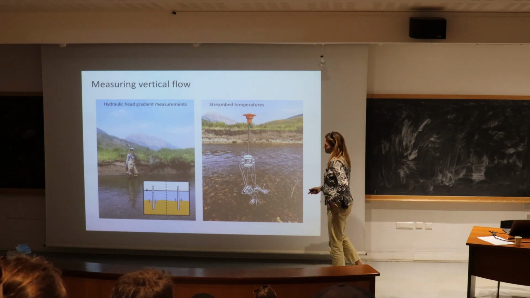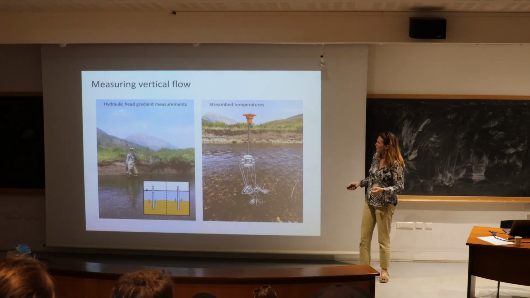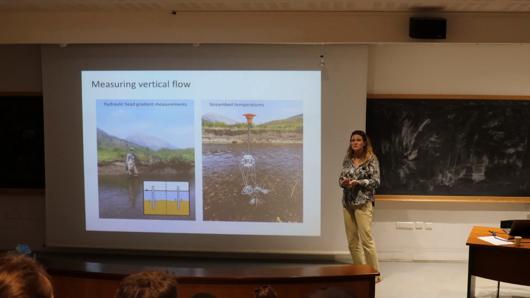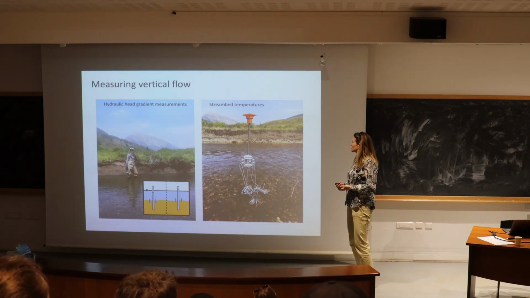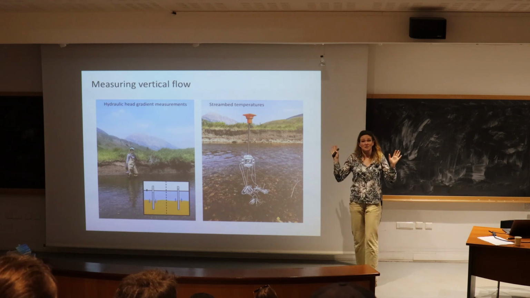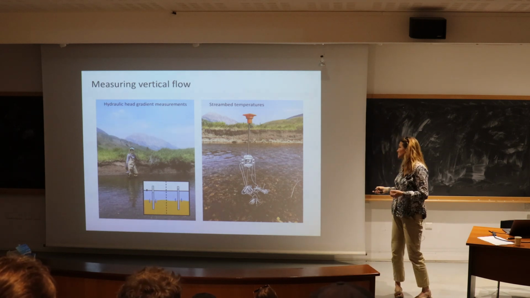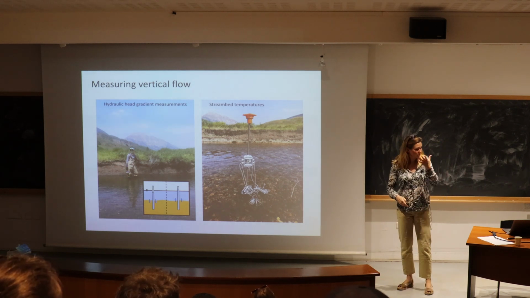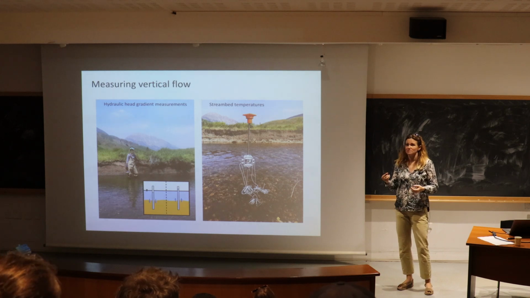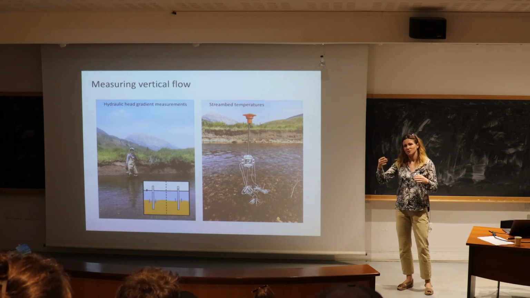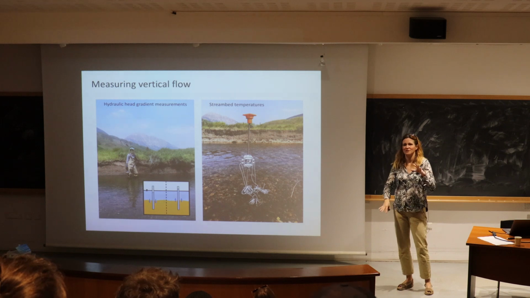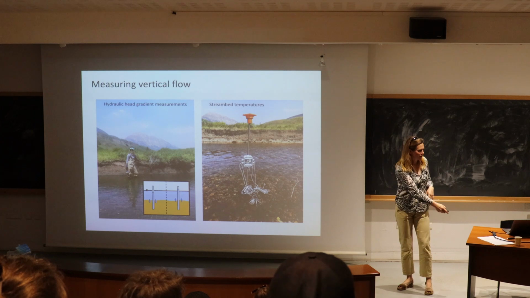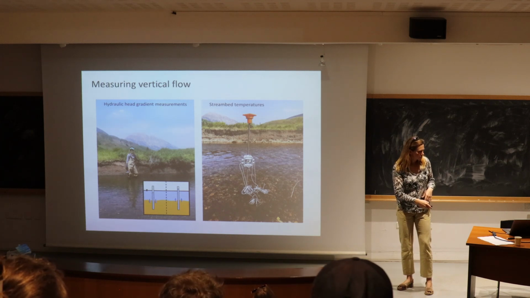And then the river level is telling you hydraulic head in the surface water. And so based on whether the water level in the pipe is higher or lower, you can tell whether there's potential for upward or downward flow in your stream bed. But it doesn't give you velocities. So one other cool thing that you can do is some temperature sensing to use heat as a tracer to figure out the upward or downward flow, basically because thermal convection is going to affect the way temperature signals propagate upward or downward in the riverbed, and you can use that to figure out the flow.